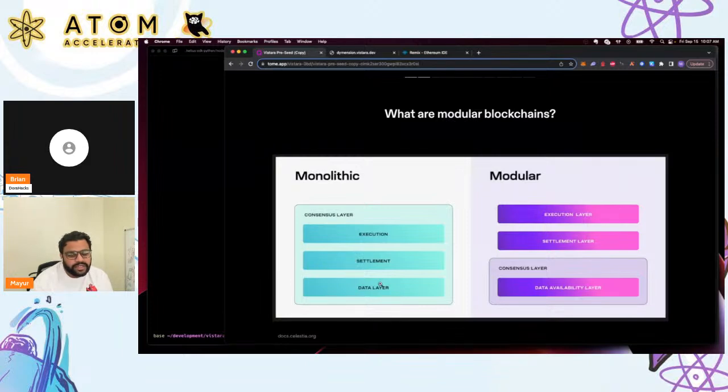In monolithic blockchains, all these components of execution, settlement, and data availability layer sit on a single virtual machine, a single big machine, where execution can be an EVM based chain or Solana based chain or Cosmos based chain.